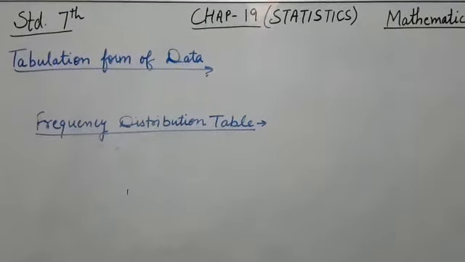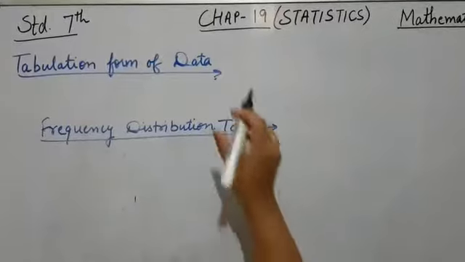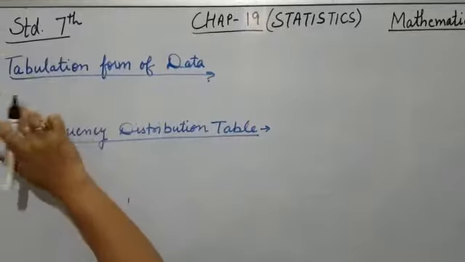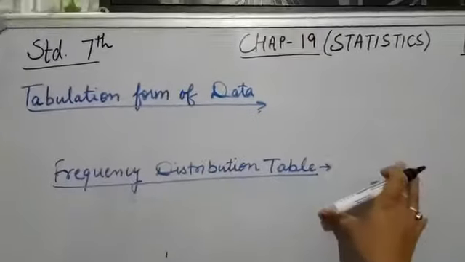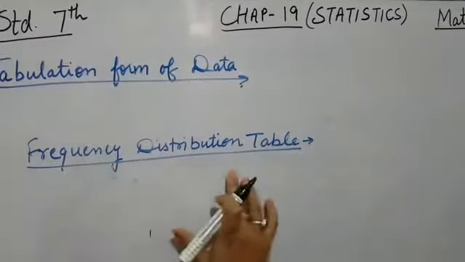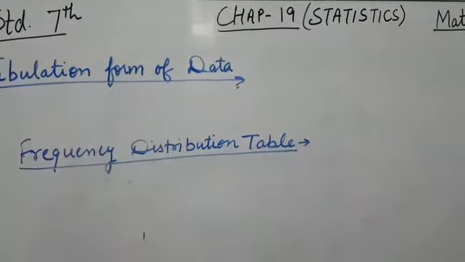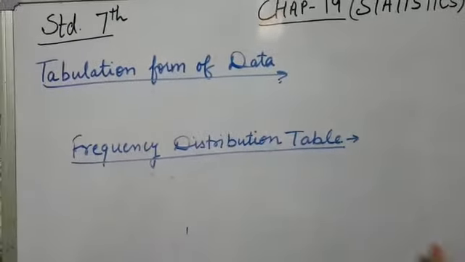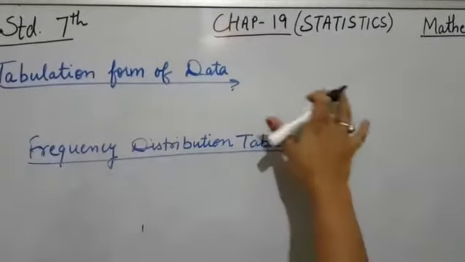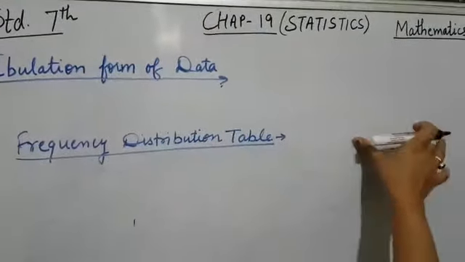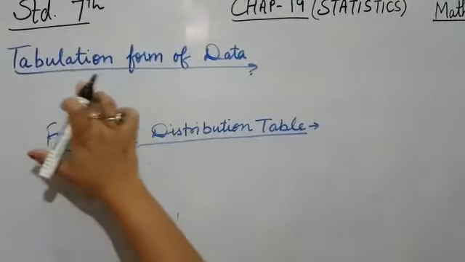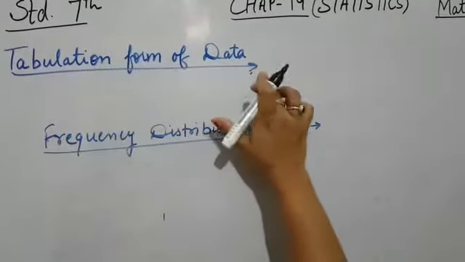Hello everyone. Today we are going to start chapter 19, Statistics: Tabulation Form of Data, of Standard 7th. Till now we have done the basic terms related to this chapter. The main important thing is the frequency distribution table, on the basis of which the full exercise 19.1 is there. Only the first sum was to arrange the data in array form, which we have already discussed. Arranging the data in array means in ascending or descending order. That was very easy. So first of all, I will come to the topic tabulation form of data, which